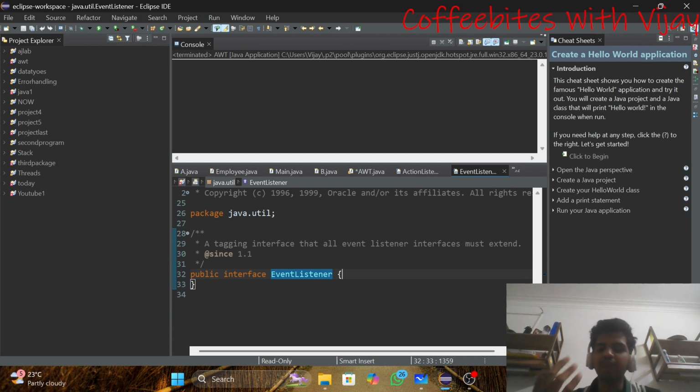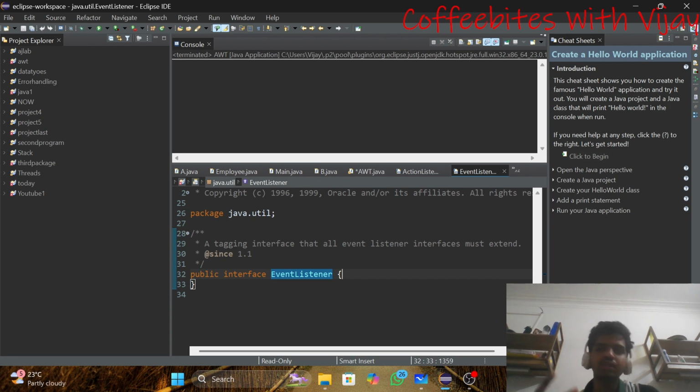Guys, in interfaces we have three types. The first one is the normal interface. In a normal interface we declare all the methods, but we do not write the body of the methods. We only declare the methods. The methods might be a minimum of one or maximum 2, 3, 4, 5 depending upon the conditions.